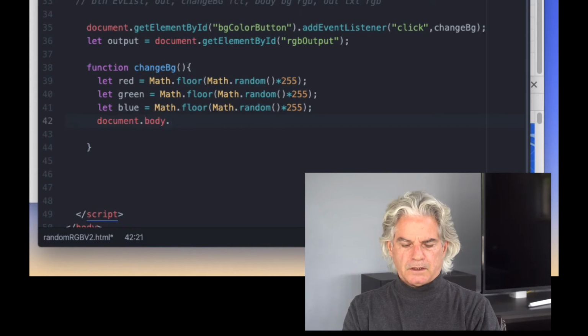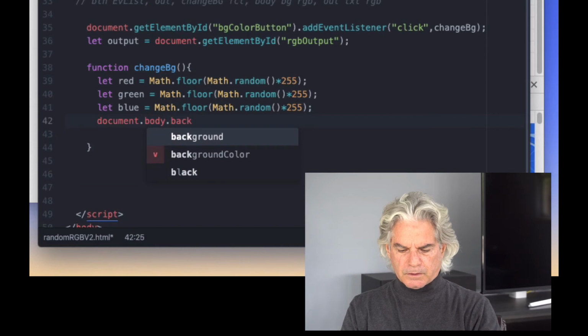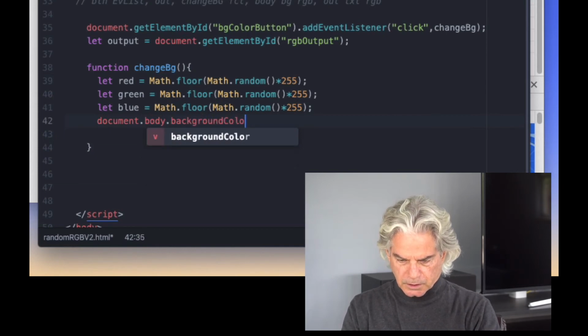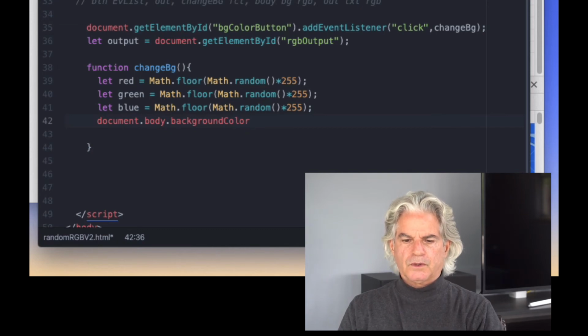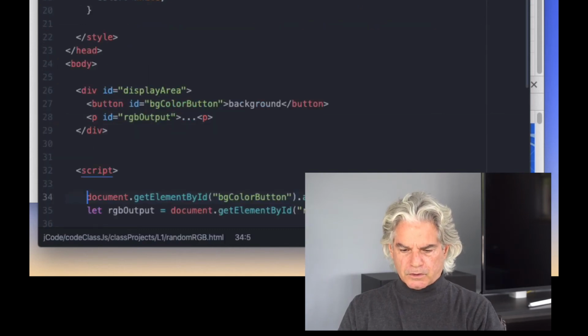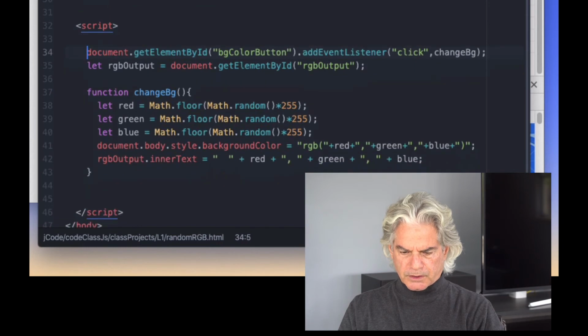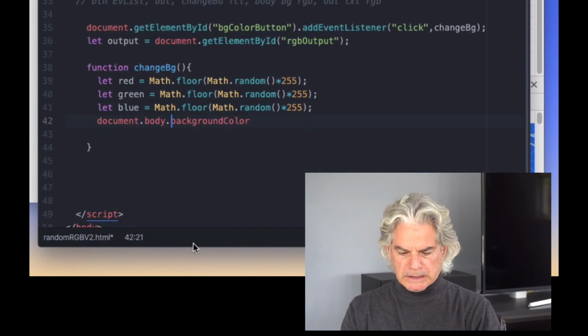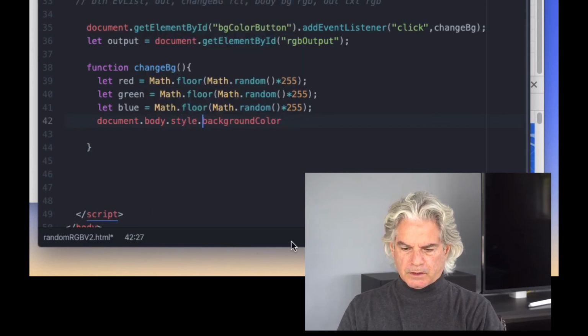I think I forgot something. I'm referring to my old code that I wrote before, to make sure. Yeah, style background. Right. Document body, style, background color